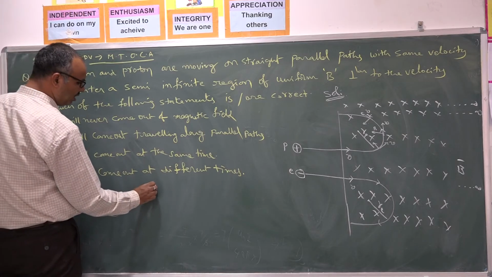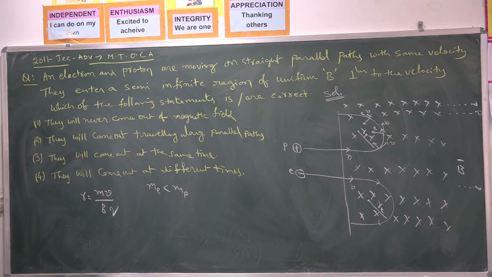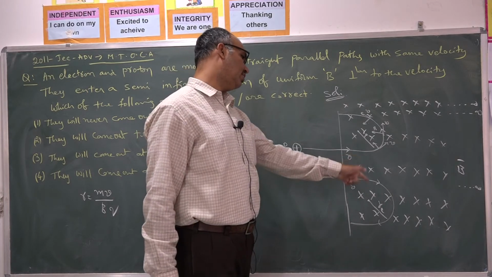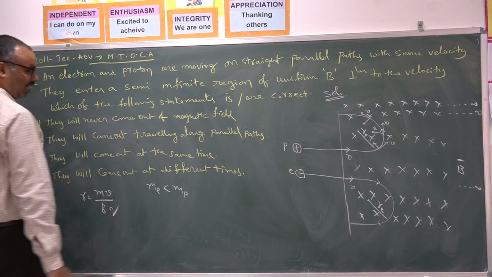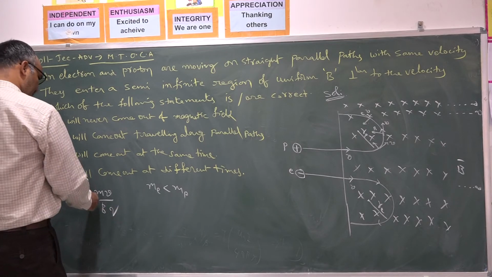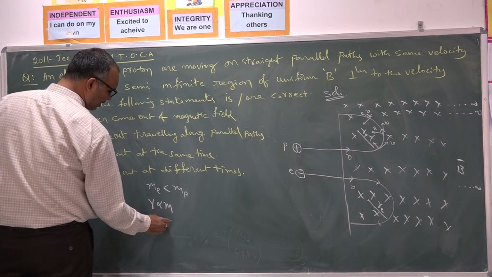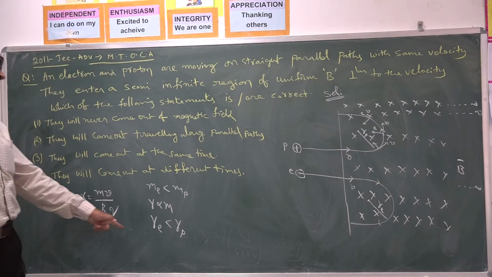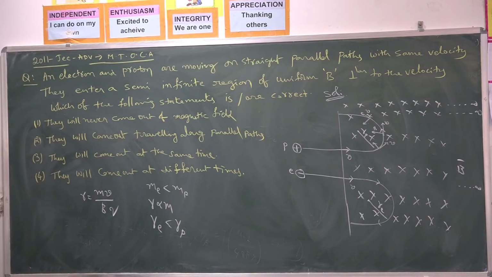You know that the mass of an electron is less than the mass of a proton. The charge of the electron and the charge of the proton are both the same. You need not take the sign into consideration. Already, as one is a negative charge and the other a positive charge, they are executing different orientations. The charges are the same in magnitude. As radius is proportional to mass, the radius of the electron is less than the radius of the proton. The proton executes a circular path of more radius than the electron.